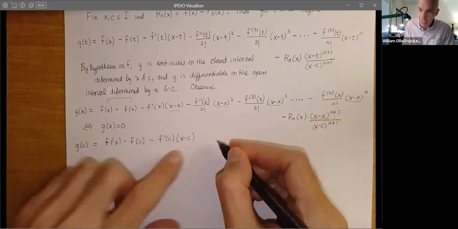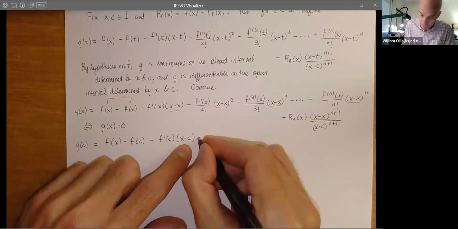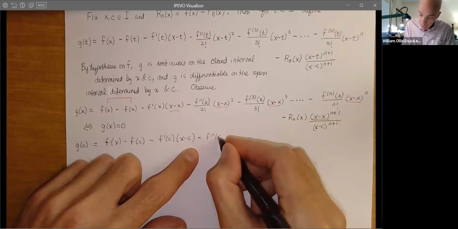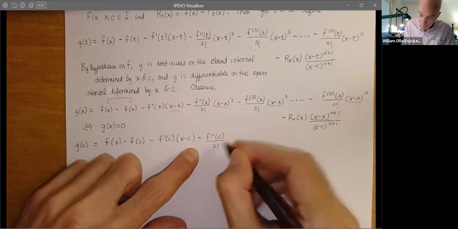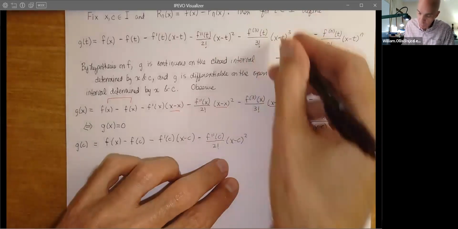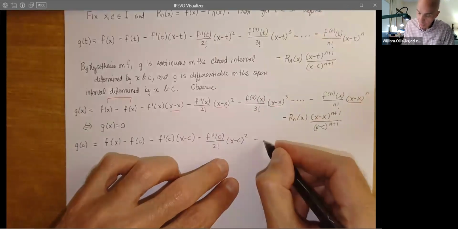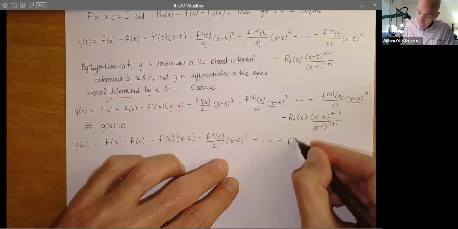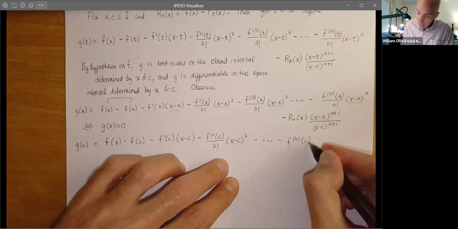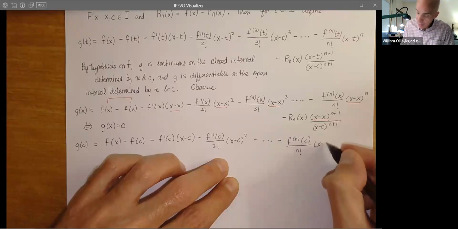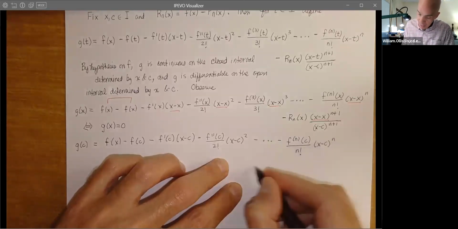So this is just mimicking the Taylor polynomial. F double prime, again, of c, over 2 factorial, x minus c squared. And then I'll just bump on down. We know what that's going to look like. So then minus the nth derivative at c divided by n factorial, x minus c to the n, and then